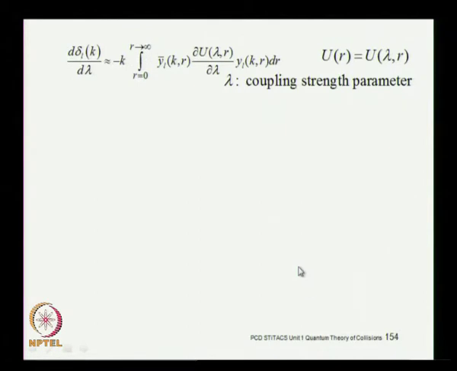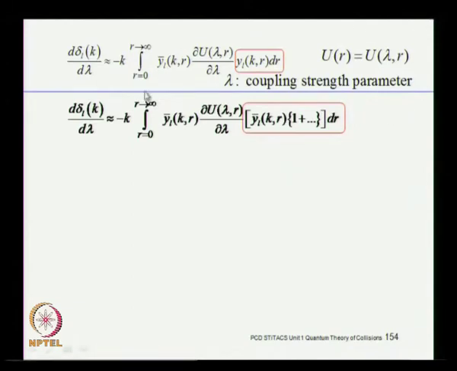Now, notice that lambda is just a mathematical strength parameter, but when you do the calculations you can assign a certain value to it, okay, when you simulate this in a quantum mechanical model, and then you can introduce a coupling parameter, and this function, which is the function corresponding to the unbarred potential, this is the wave function corresponding to the u bar potential, right, and this function you can expand around y bar,